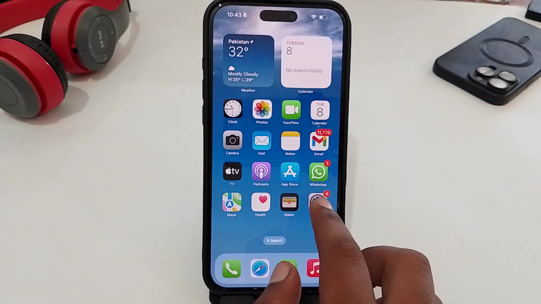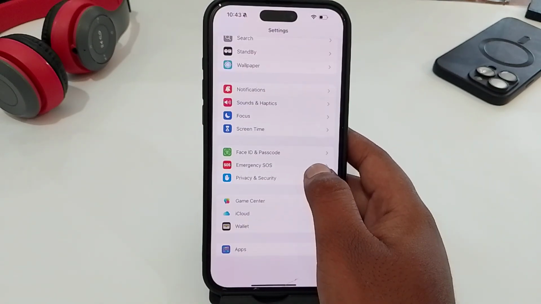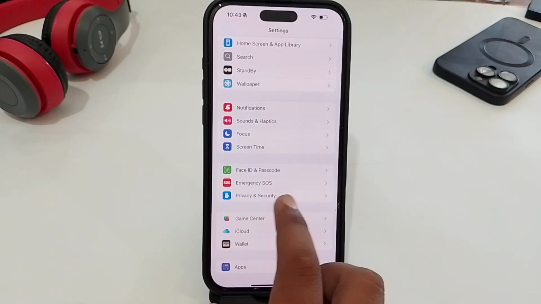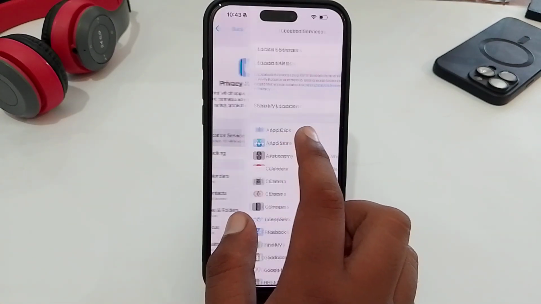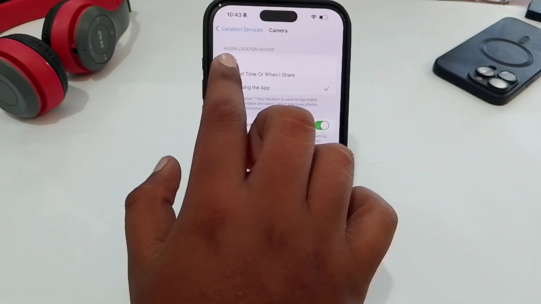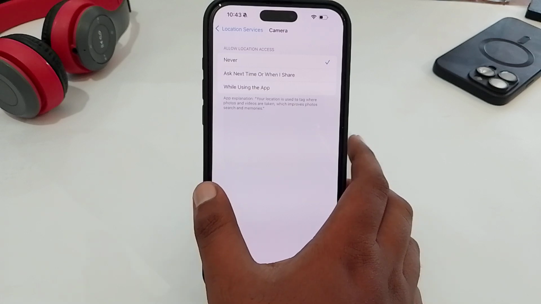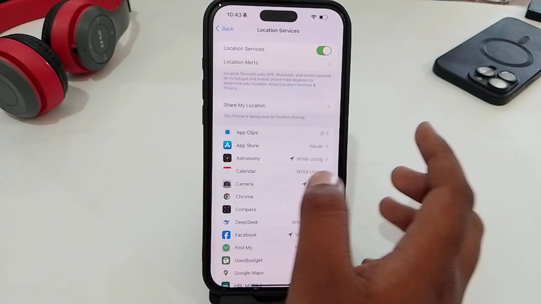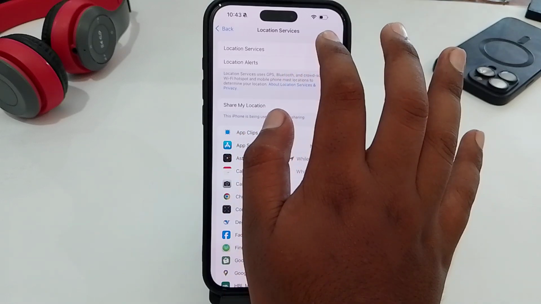First, open your phone's Settings, and here you have to look for Privacy and Security. Tap on it. Here's Location Services, tap on it, and here go to Camera, and then you have to select Never. Just select it, and if you want to disable it permanently, or for some time, you can disable your